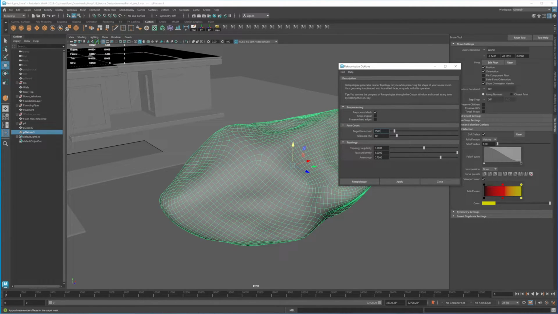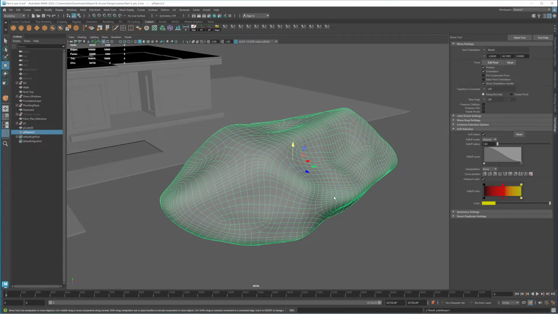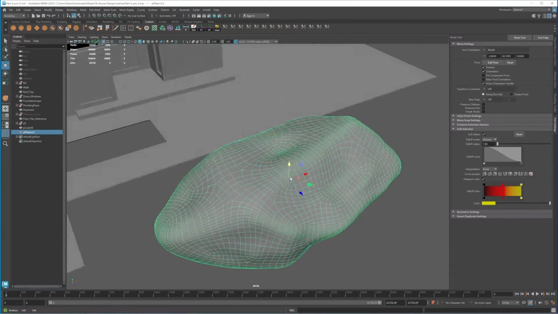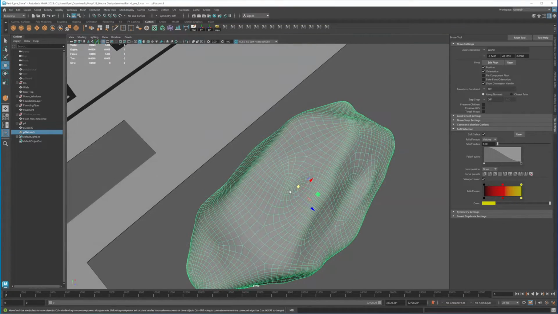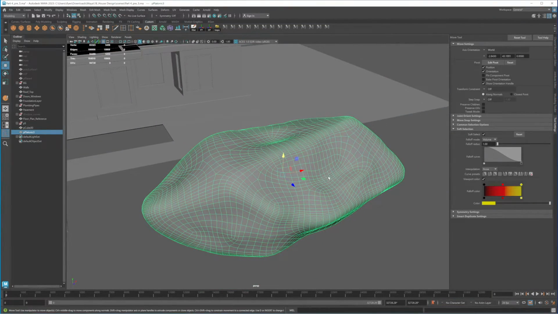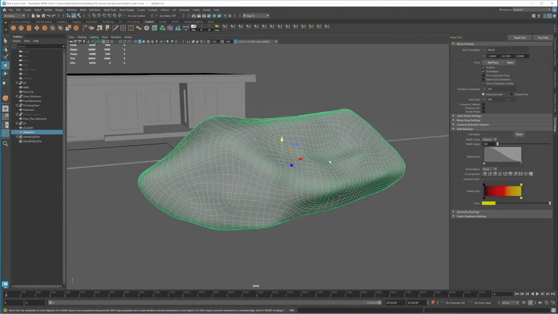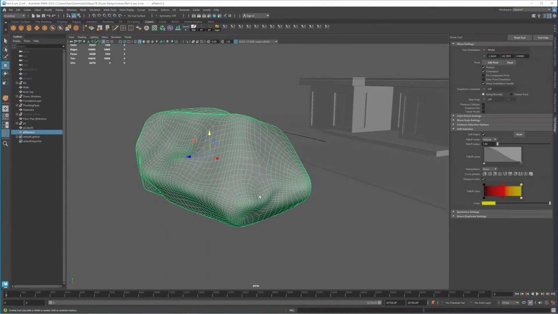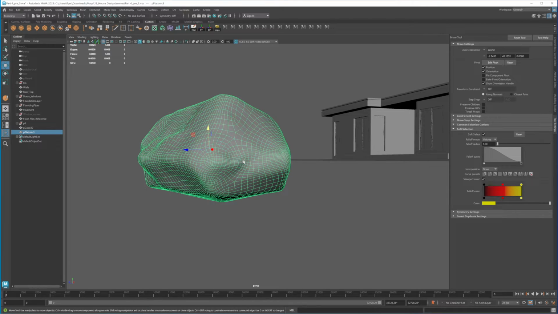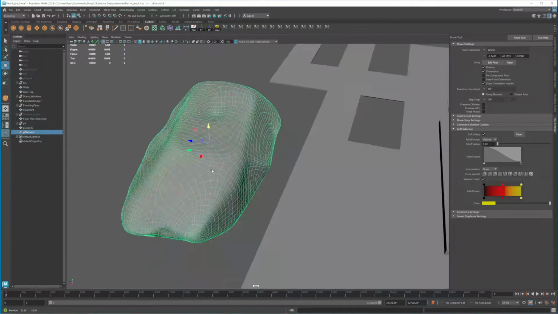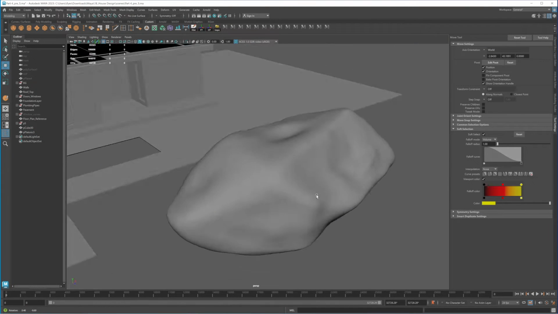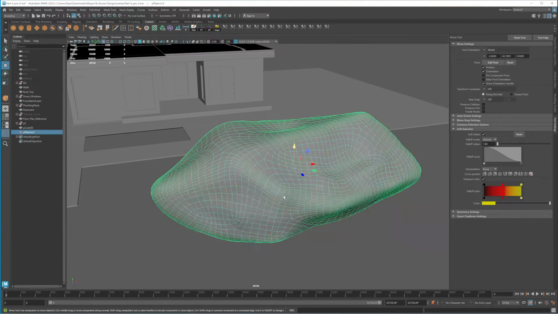This time I'm gonna leave this the way it is, but I'm gonna bring this face uniformity back to 0, and then we apply. You can see now what happened is Maya has taken into consideration those places that we pushed in. It tightens it a little bit more and adds a few more geometry there, so it holds it more tightly. Okay, so this is the way it's looking, but we are not done yet.